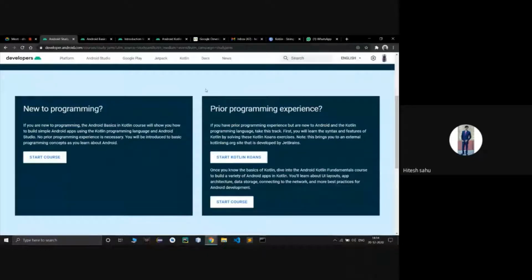If you build some good app or great design or layout while learning Kotlin and Android, those apps will be featured on the DSC LNCT page website. Let me repeat it: if you complete only the new to programming track, you will not get the certificate, but you have to complete both the tracks.